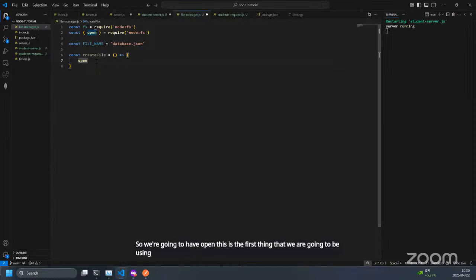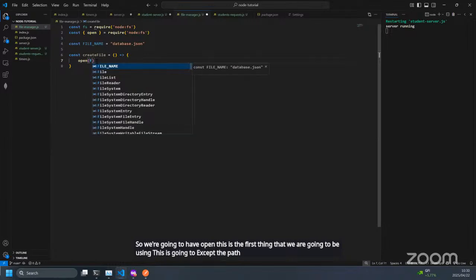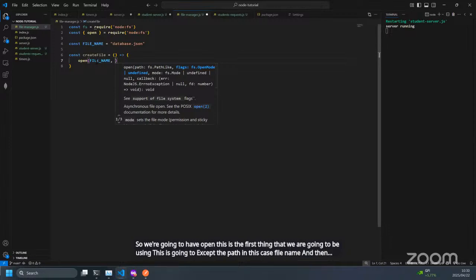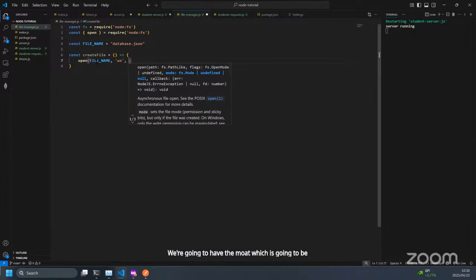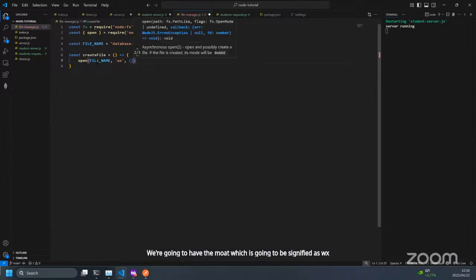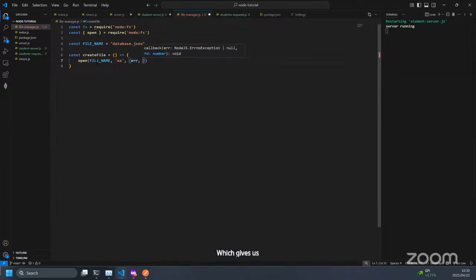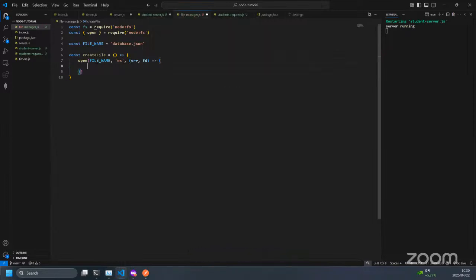This is the first thing that we are going to be using. This is going to accept the path, in this case, our file name, and then we're going to have the mode, which is going to be signified as WX, and then we're going to have a callback, which returns either the error or a result with the information of the file. So if we have an error,